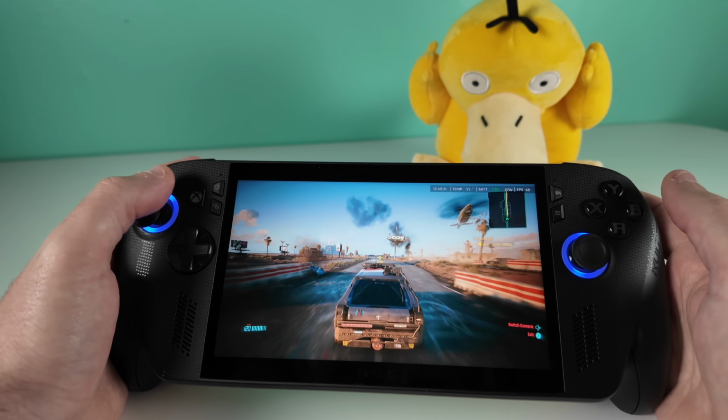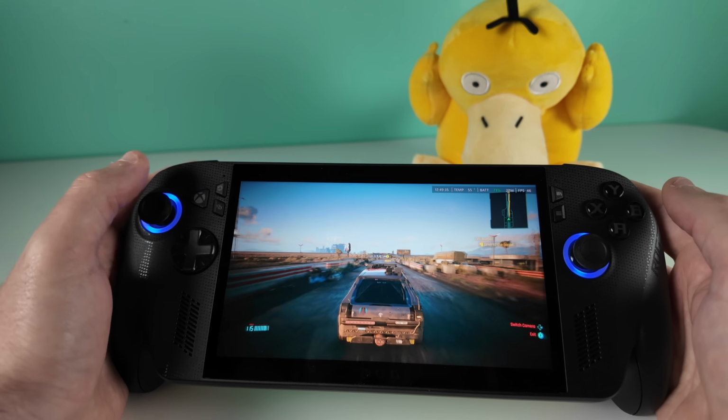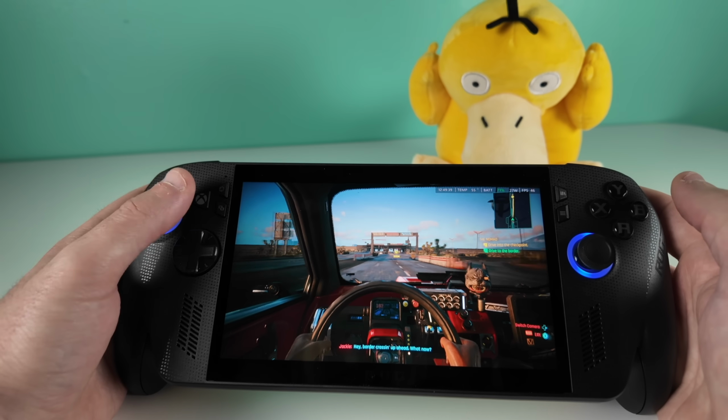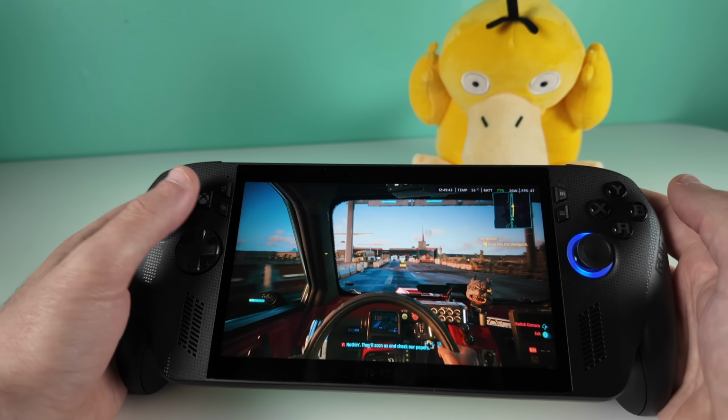And all of that, I get a little bit more capability with this. Again, I just think it comes down to what type of user you are, what you want from a handheld PC gaming device. Do you want a complete escape from Windows with compromises, or do you want the full PC gaming Windows experience with some bullshit here and there? They've done a good job trying to minimize some of that, like I said,